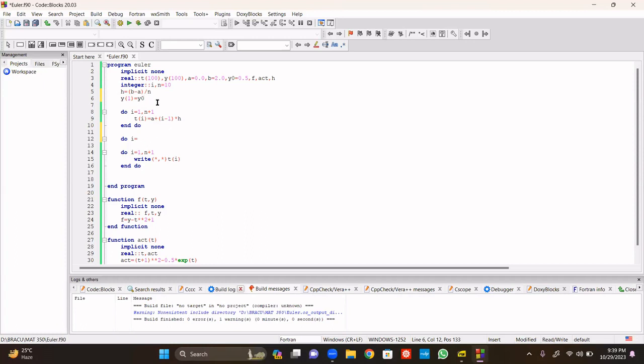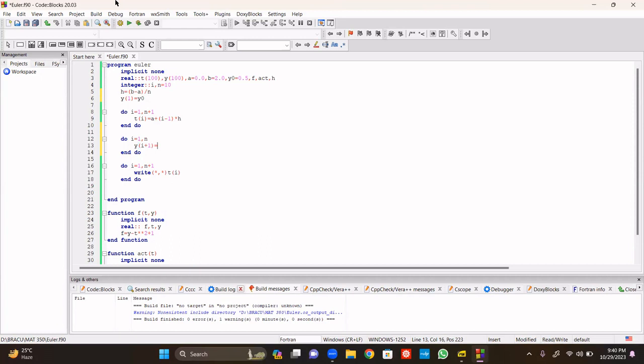What we are going to do is start from y2, using the Euler equation in the Euler method to find y2 first, and then y3, then y4, etc. So here the loop variable should start from 2, or I can start from 1, end at n, and just write y(i+1)